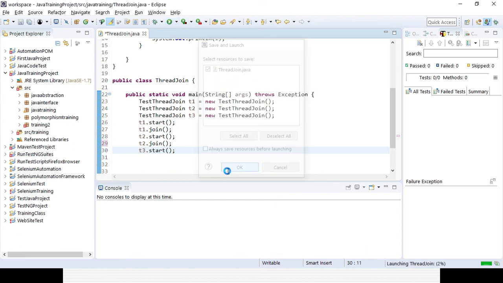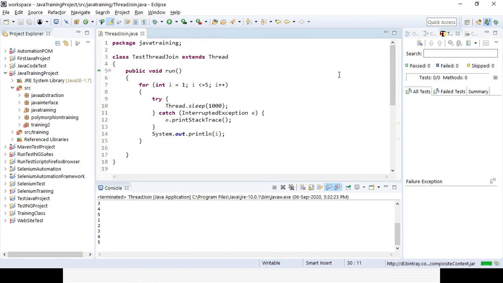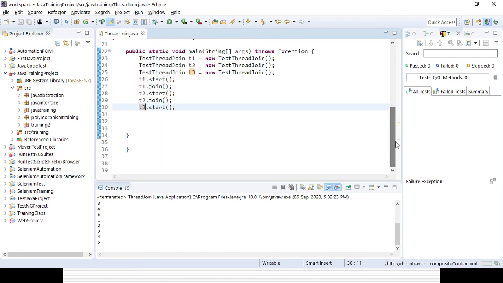So first for the T1, 1 2 3 4 5 it will give you the output, and then T2 will start and T3 will be in waiting status, 1 2 3 4 5 it will be giving you the output. Okay, and then T3 will start and it will give you the output 1 2 3 4 5 each and every second, because I am using thread.sleep as 1 second in the run method, right? Now if you give some wait time here, suppose in the joining I am giving wait time 2000, and also for the T2 I am giving wait time 2000. So what will happen for 3000 here?